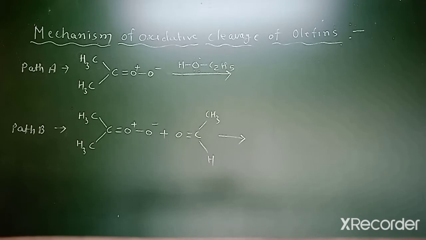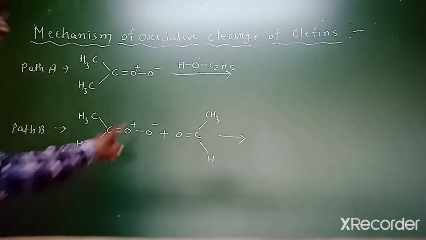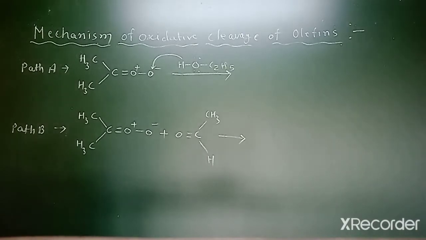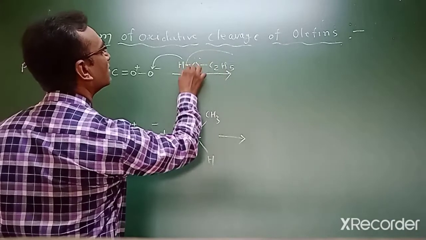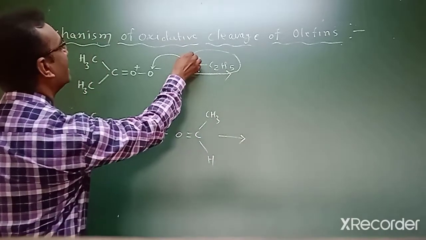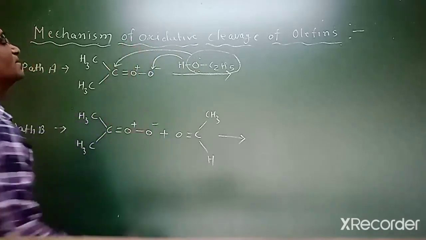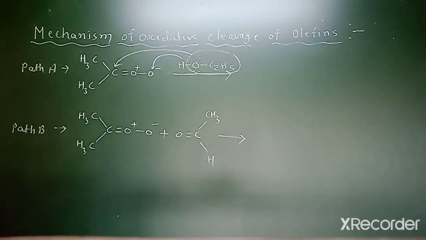For that, a breaking of the OH bond of ethanol takes place, through which the hydrogen of ethanol gets attached to the oxygen of carbonyl halide that carries a negative charge. With the help of the lone pair present on the oxygen of carbonyl halide, hydrogen gets attached to this oxygen, and this portion O(C2H5) gets bonded to this carbon with the help of a lone pair of electrons.